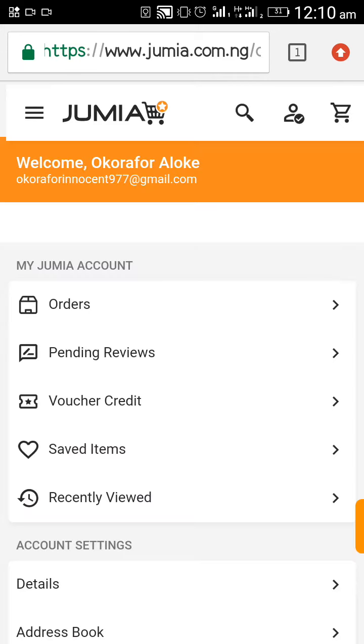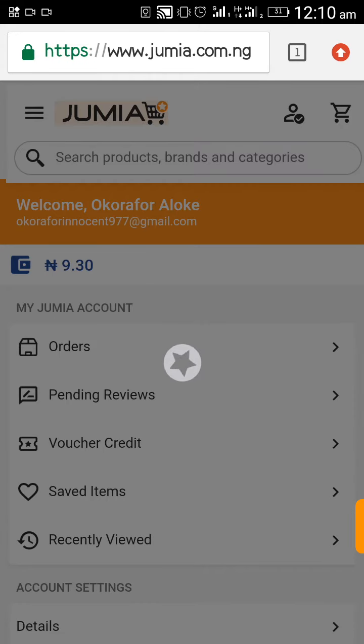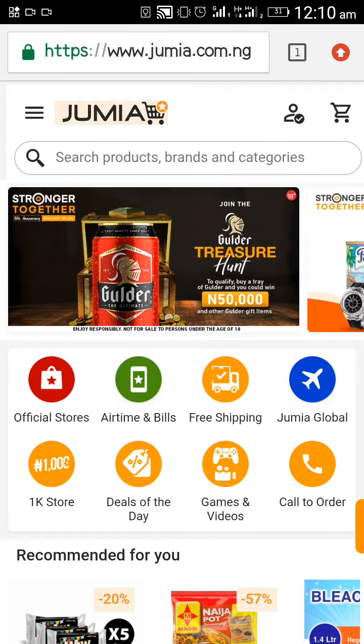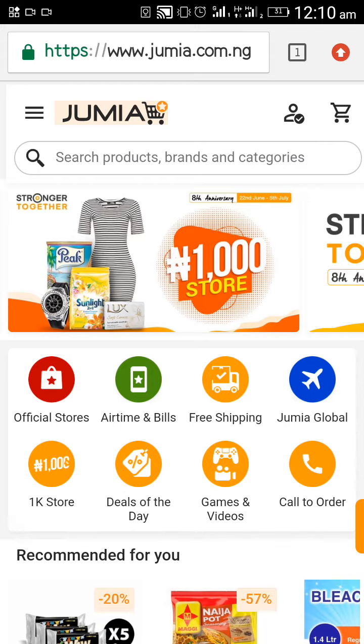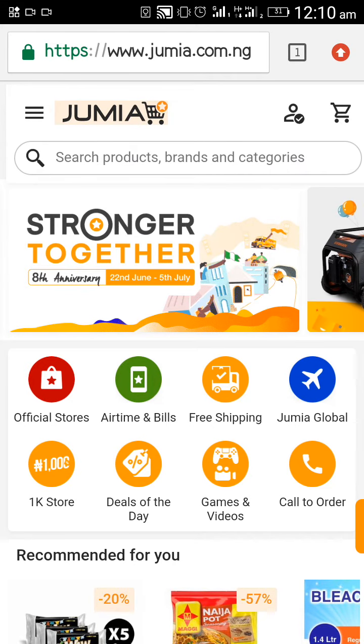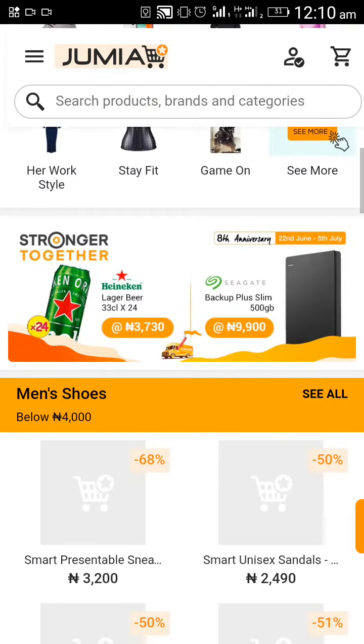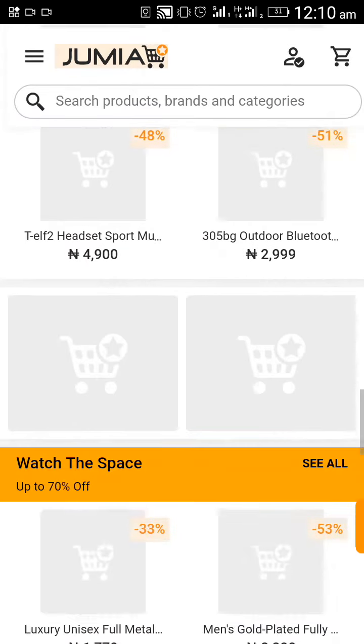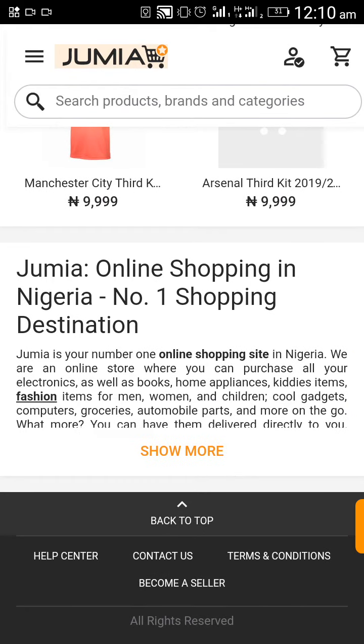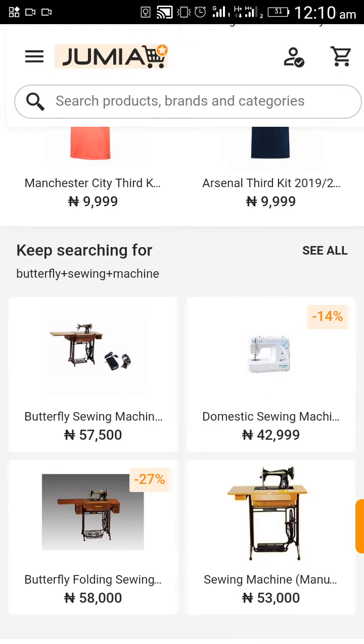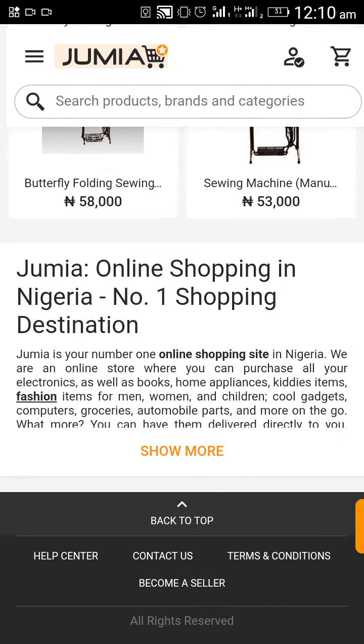I still have to go back to my Jumia homepage. Then, if I'm using a browser, as I'm using a browser now for this particular example, I have to come to the footer menu at the bottom of the Jumia homepage, which means I will scroll down, scroll down, scroll down. This area is where we call the footer menu, where we have help center,